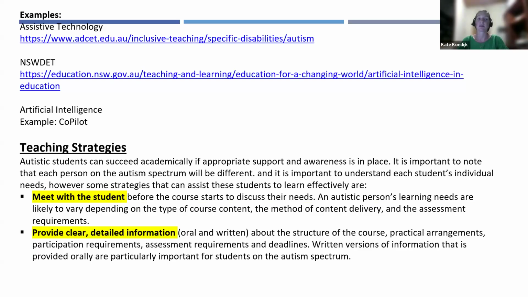So it is important to note that each person on the autism spectrum will be different. It's important to understand each student's individual needs. However, some strategies can assist. And a reminder that inclusive practice, the brilliant thing about it is when you're targeting a student with a learning need, it's actually good quality teaching and learning for all students. So just remember that. So a few tips there about meeting with the student before the course starts, as well as providing clear, detailed information about the structure of the course or the subject area that you're teaching,